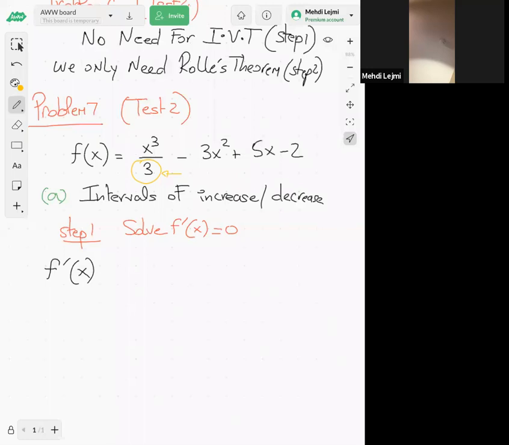All right. So here the function is x cubed. So I'm going to keep the 3 in the bottom. All right. And I'm going to just derive this x cubed. So derivative of x cubed, of course, is 3x squared. Right. So I kept the 3 in the bottom because it's a constant. Just keep the constant and derive the function x cubed. And then minus